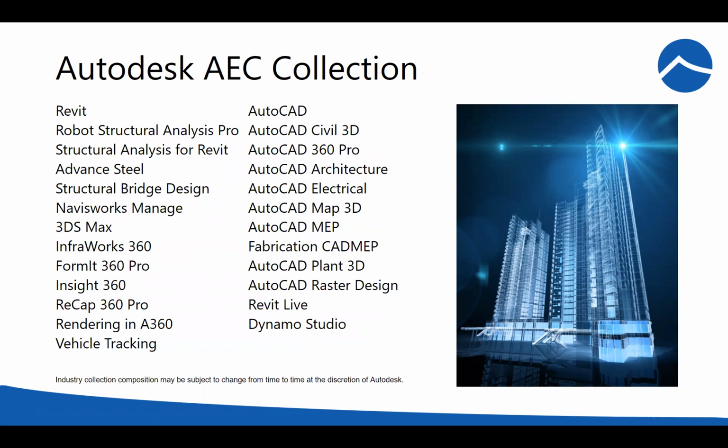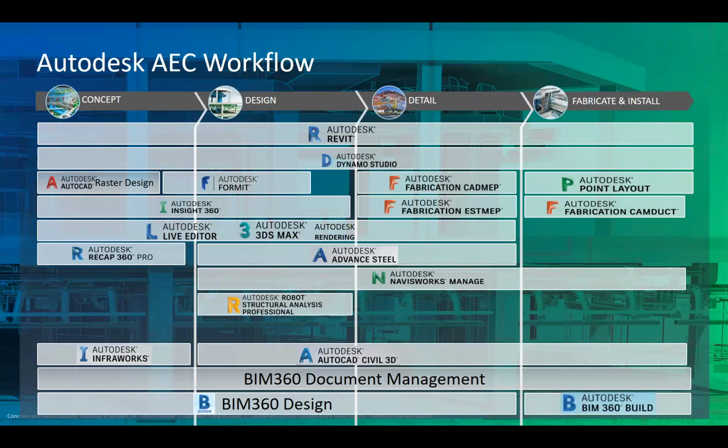Anywhere from Revit to Robot, Advanced Steel, Navisworks, FormIt, ReCap, Dynamo, AutoCAD, all right? There are all kinds of different tools available in there for all different aspects of the process, from design through construction. A tool is available, okay? Now, again, this is all Autodesk products. I'm sure many of you are sitting out there thinking, well, I have this other product and this other product. There are many other products out there, but looking at this from an Autodesk perspective,